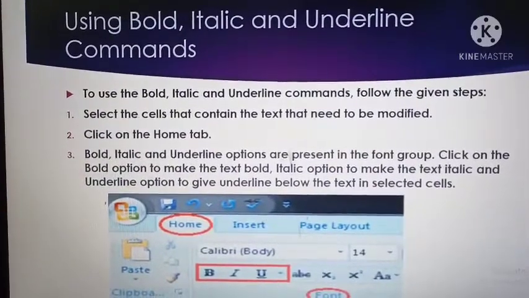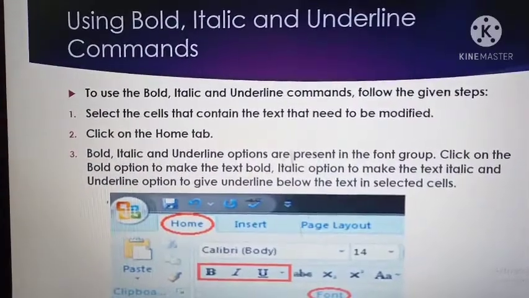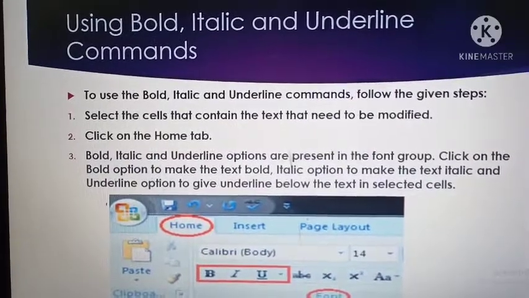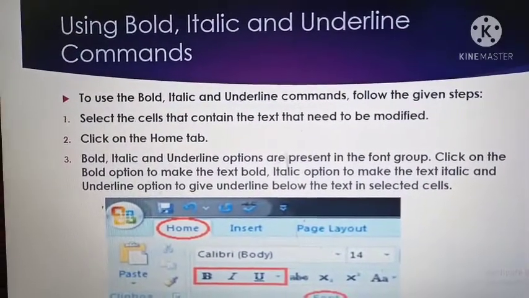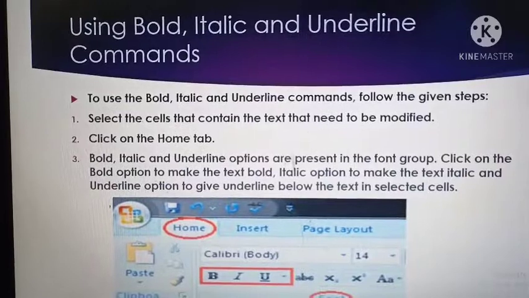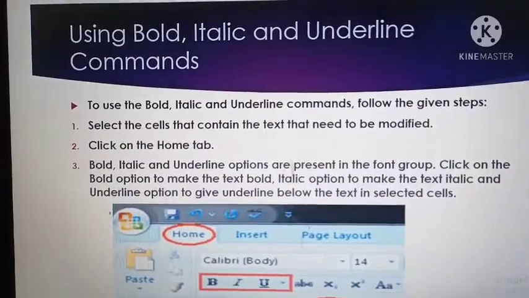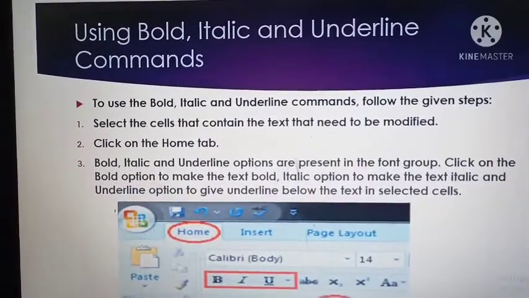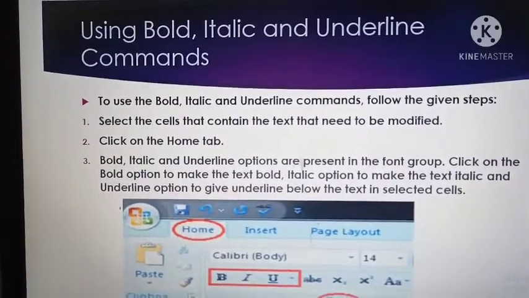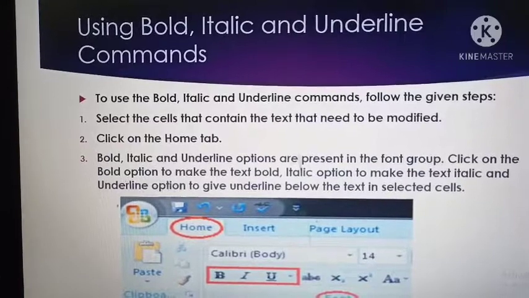Bold, italic and underline options are present in the font group. Click on the bold option to make the text bold, the italic option to make the text italic, and the underline option to give an underline below the text in the selected cell.